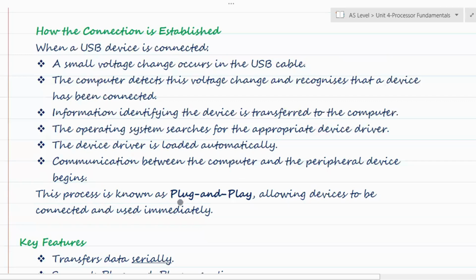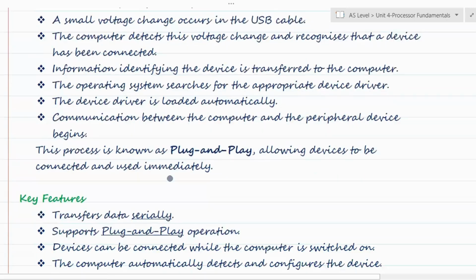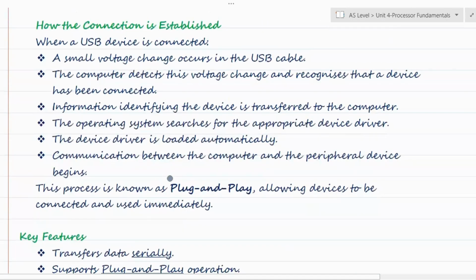This process is known as plug and play, which allows devices to be connected and used immediately. And this entire process happens within seconds. That's why when you plug in a USB mouse or a USB flash drive, it usually starts working immediately without any manual configuration.